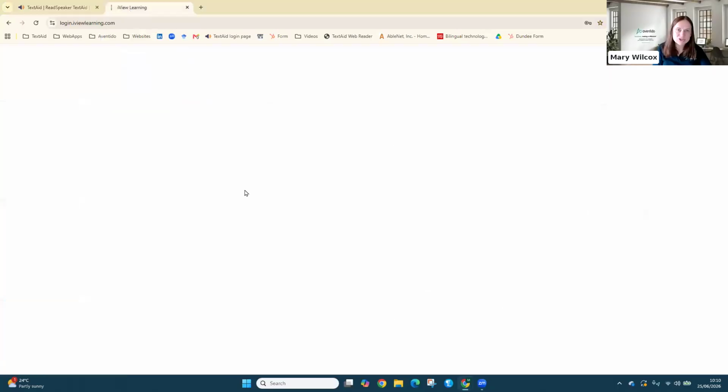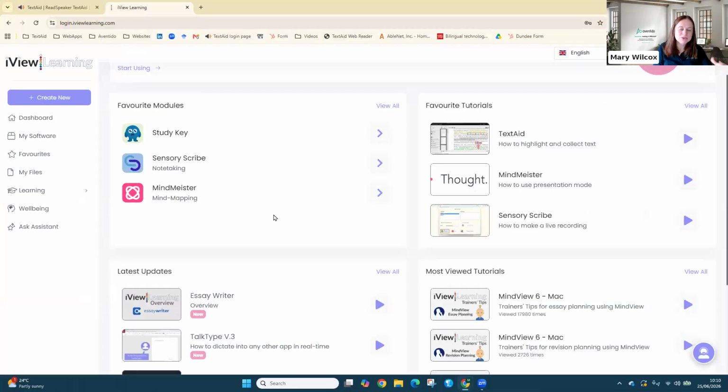And we're moving now on to the final bit of tech, which is iView Learning. So iView Learning is a learning portal to help you get the most out of your assistive technology, whether it's technology that you've been given to support your studies or your work. It can be used in the workplace as well as for studying. And it's got hundreds, maybe even thousands of videos, but you select what software you've got, including built-in assistive technology, you know, in Google, Microsoft, iPads, things like that. And there's short videos, none of the videos are longer than 2 minutes,